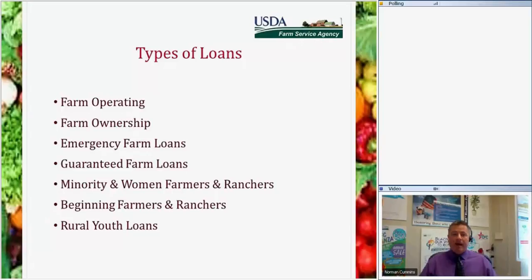Like I said, for the minority and women farm owners and ranchers, there's not a specific program for that, but we set aside funds for that. So basically, for a beginning farmer, we set aside, as far as our direct operating loans, and I'll discuss the operating loans, 50% of our allocated budget for beginning farmers. That's for direct operating loans, and then we keep that money in that pocket until September. Then we pull it out. So that's ensuring that you have funds out there. As far as guaranteed operating, about 40% of that is set aside for that.